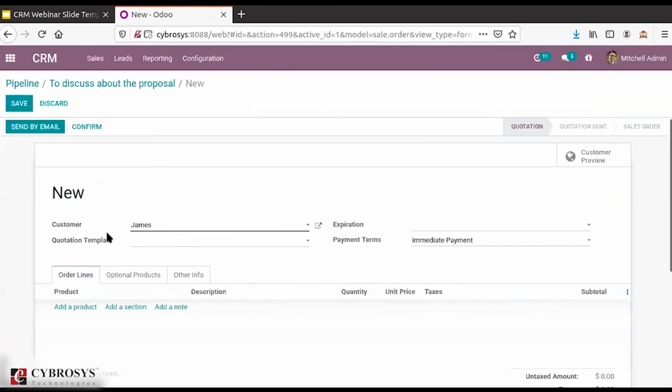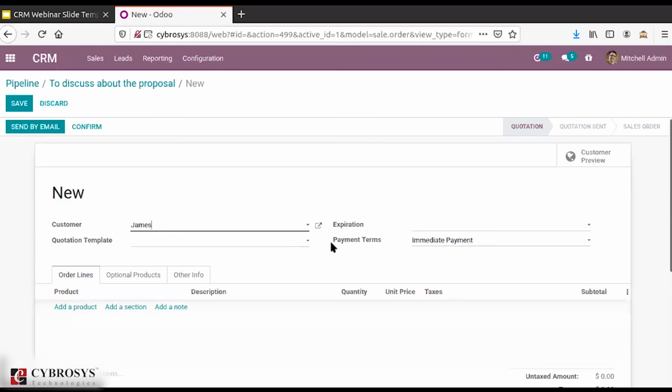When I confirm this, you can see it has taken me to the page where I can see the different stages like quotations, quotation sent, and sale order. Here you can see the customer name has automatically pre-filled. Then you also have the option to select the quotation template.